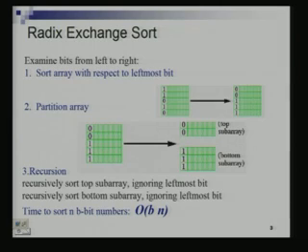So can't we just say that we have b bits, and for every bit we are doing n comparisons? Yes, so that would be one way of arguing it. I just wanted to show you how to solve recurrence relations also, right. There could be many ways of arguing the same thing. Yes, that is one argument.